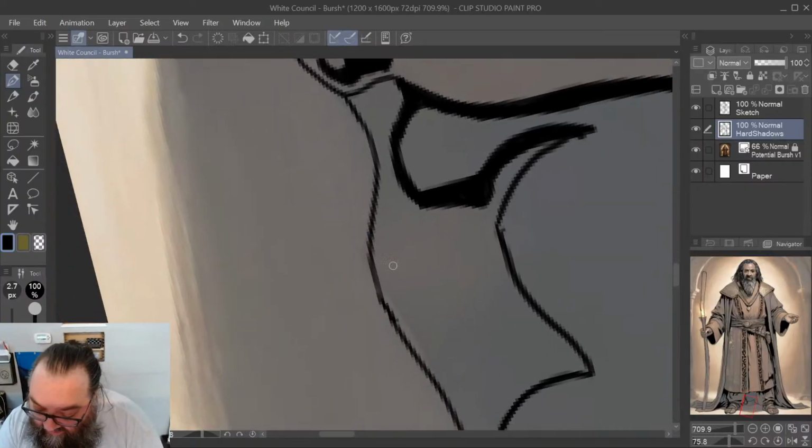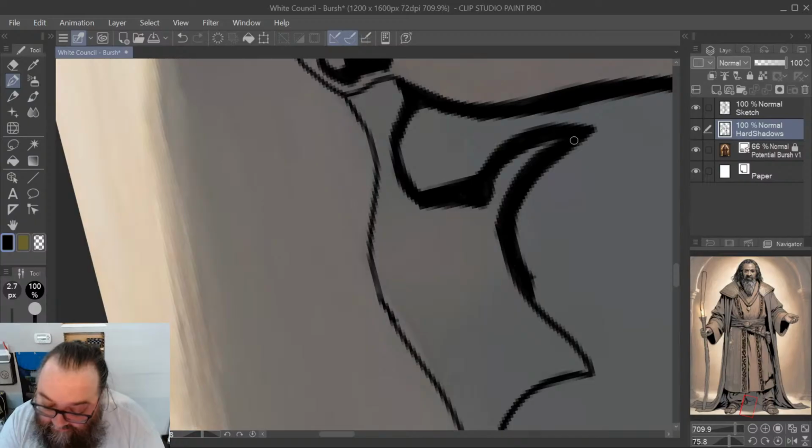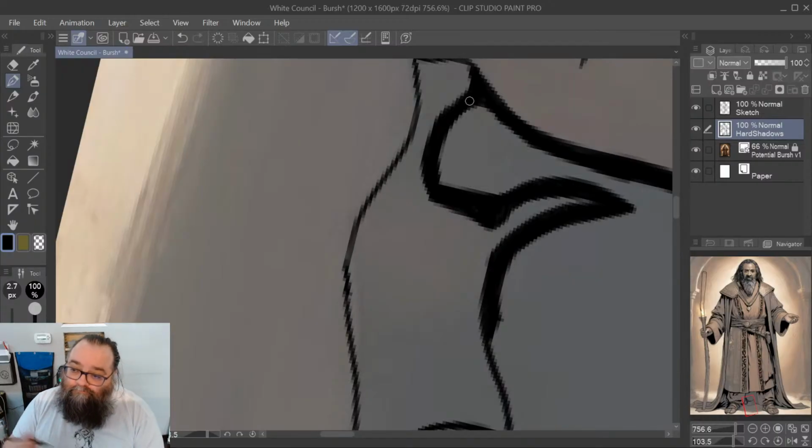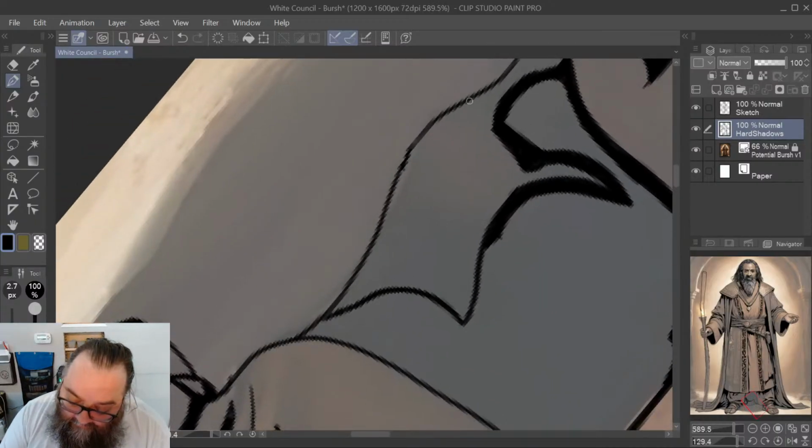So yeah, I would call them an artist. I don't think being an artist can be pared down to just having a specific skill set. I don't think that works.